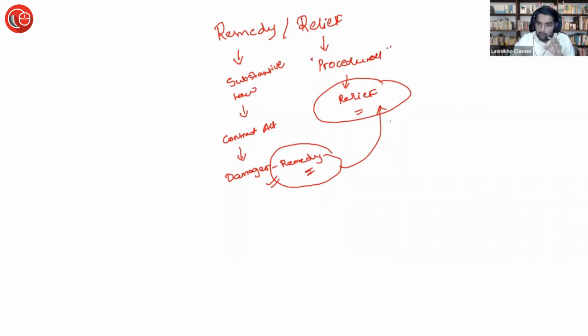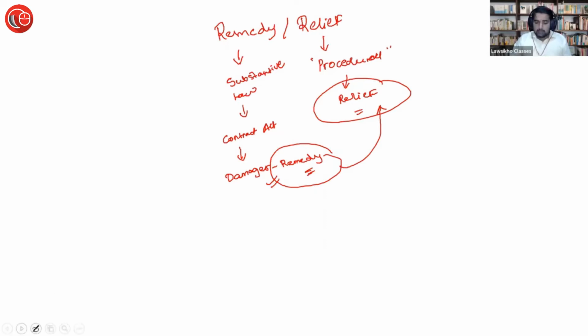The reason we call it, when a remedy mentioned in book, a redressal mentioned in substantive law is called remedy. The moment you are going to court and the moment you are claiming it, वो relief बन जाता है. बस इतना ही different है. So procedural में when you are putting a remedy into effect, वो relief बन जाता है. As it is books पर है तो वो remedy रहेगा. So this is the one major difference, और कुछ नहीं है इसमें. In fact, many times it has been used interchangeably.